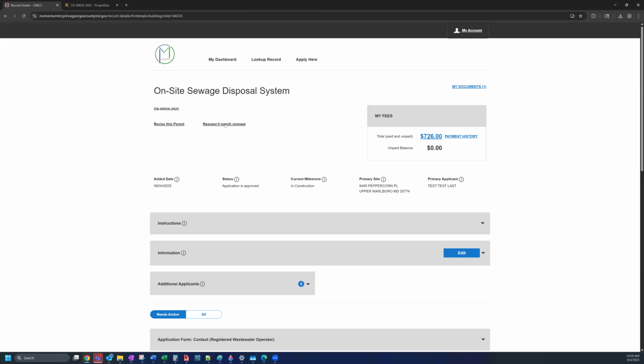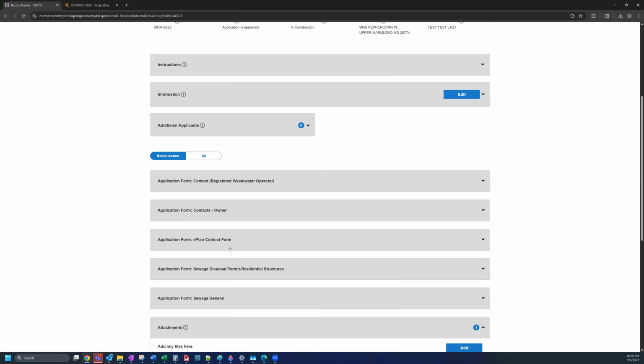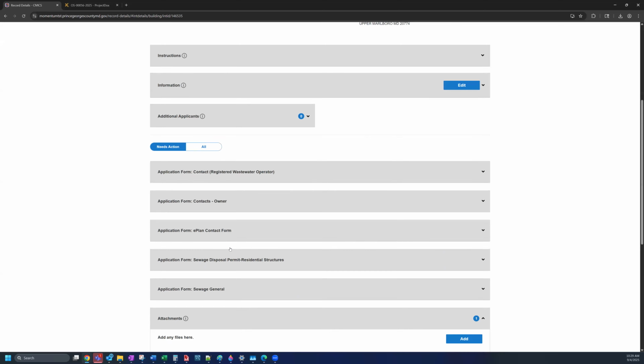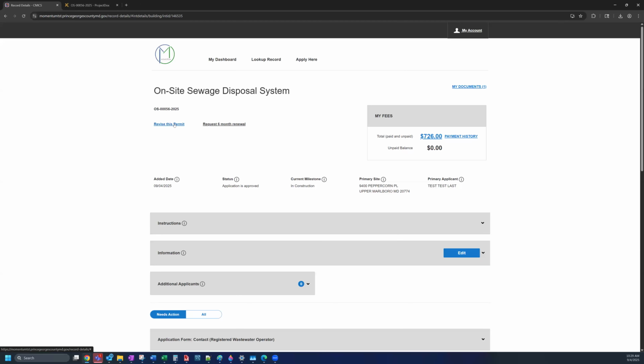You do see some links here as well related to revisions and renewals. I won't go through the whole process here, but clicking this link will take you through basically the process of revising a permit. If there's any additions or edits you need to make to the application or the permit, you can revise the permit here and it'll take you through the revision process. Or for renewals required, if for whatever reason the expiration date is getting too close and you need a renewal, you can click the button right here to renew that